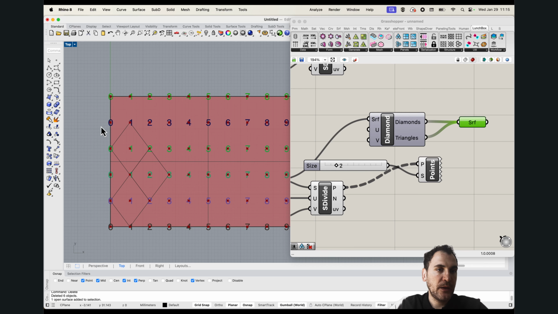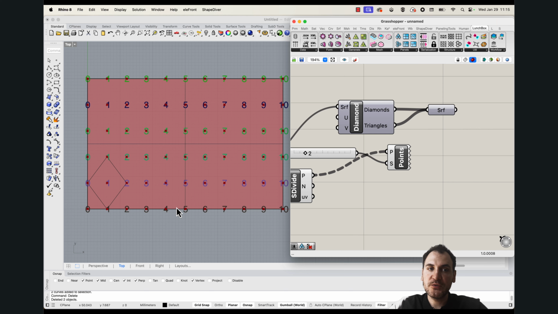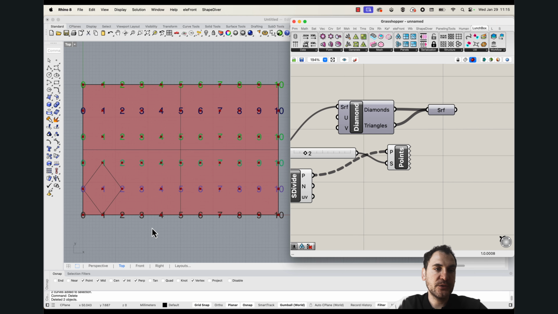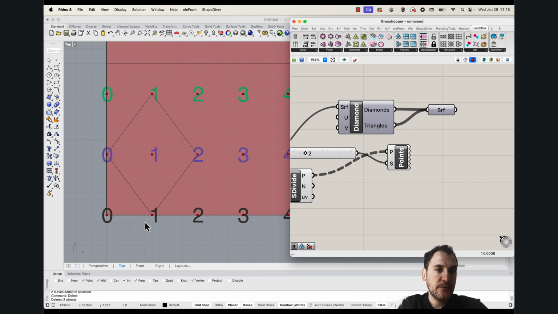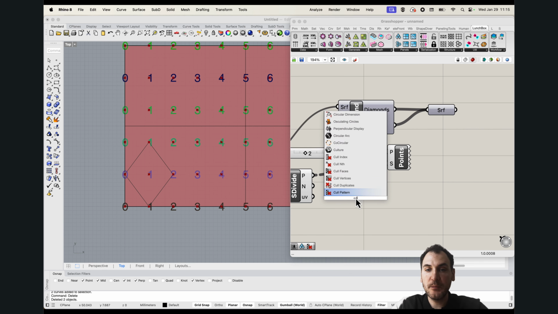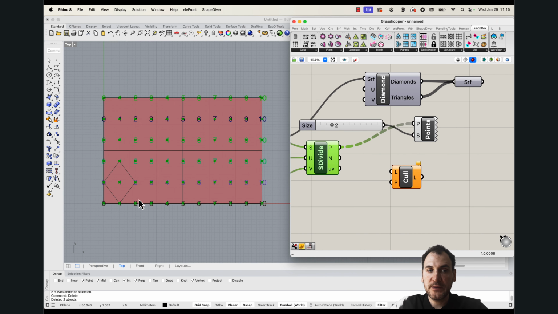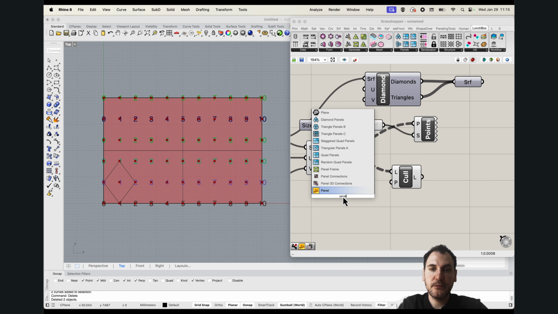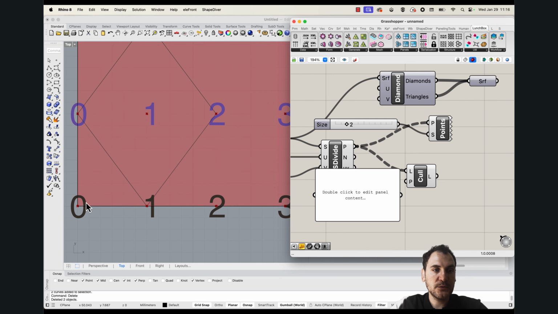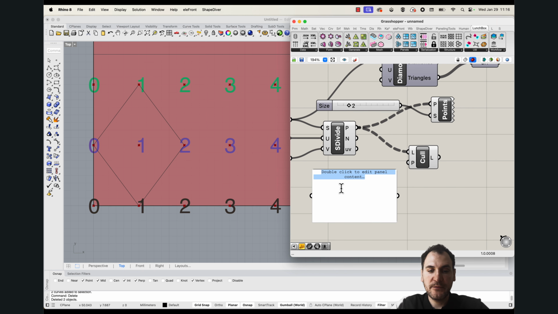So how can we do that? We basically need to be able to filter some of this data or information. So if I want to, let's say, grab these points, point 1, I can do it by using Cull Pattern. If I use Cull Pattern, we know that the point lists are horizontal. So I'm going to use a pattern here and start with false so that I get rid of 0 and 2, but I keep odd indices, right? So if I do false and true